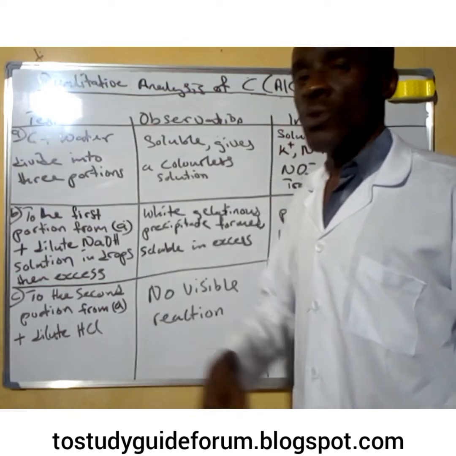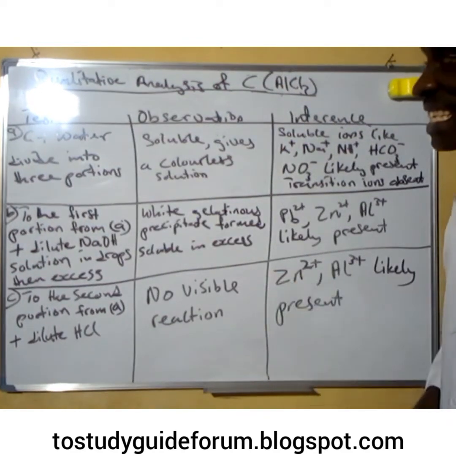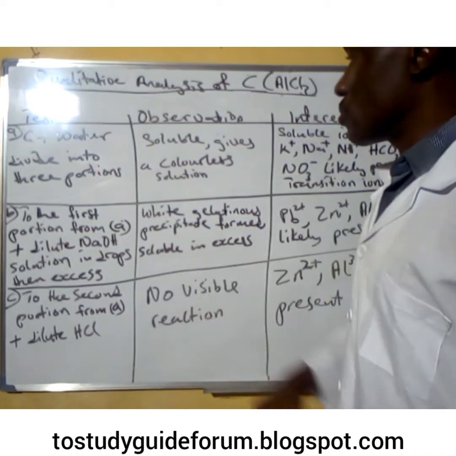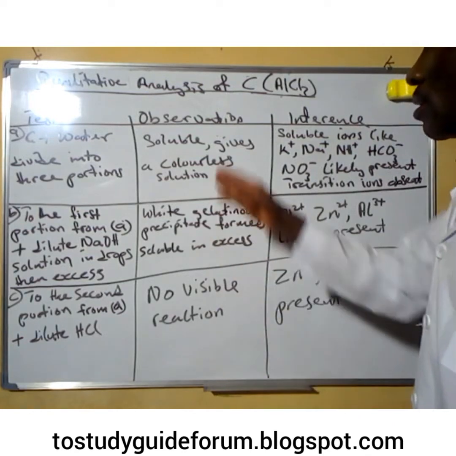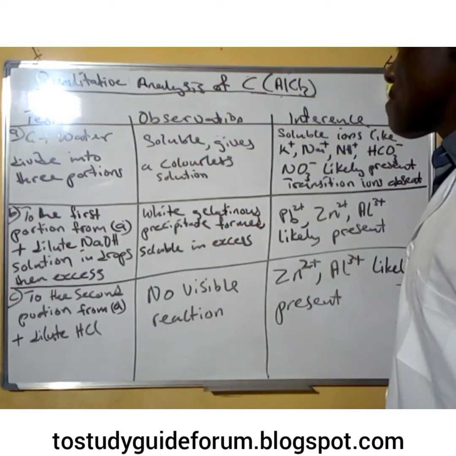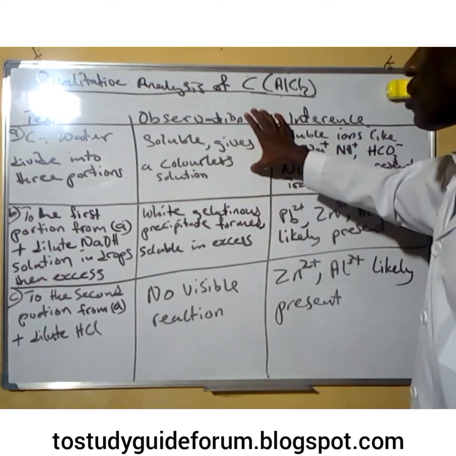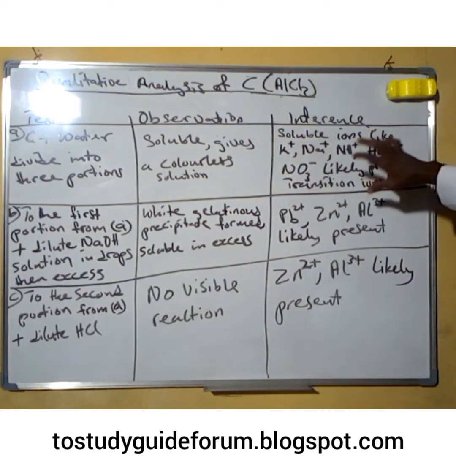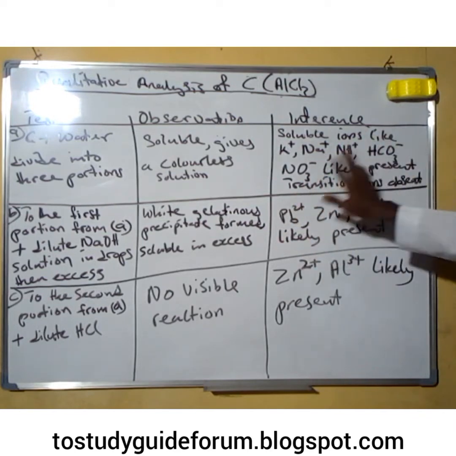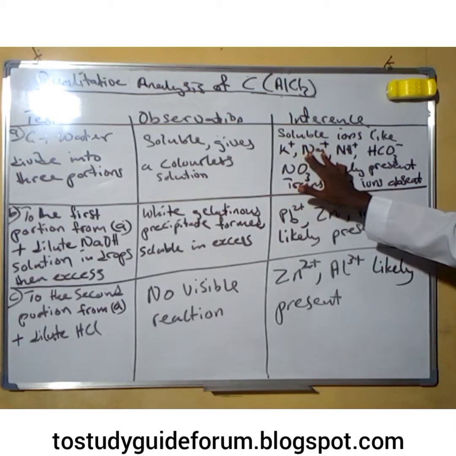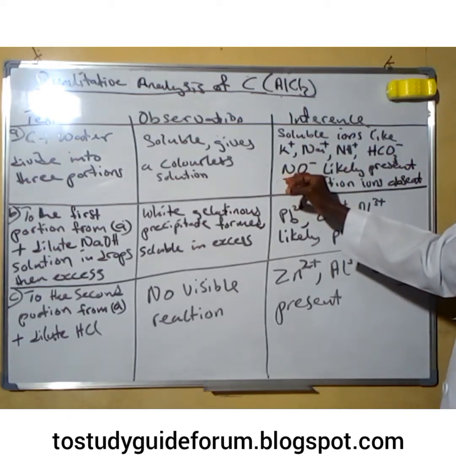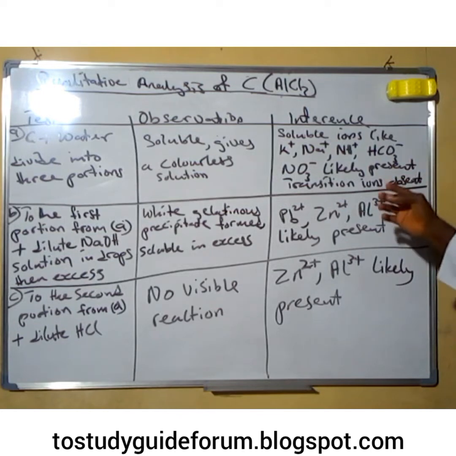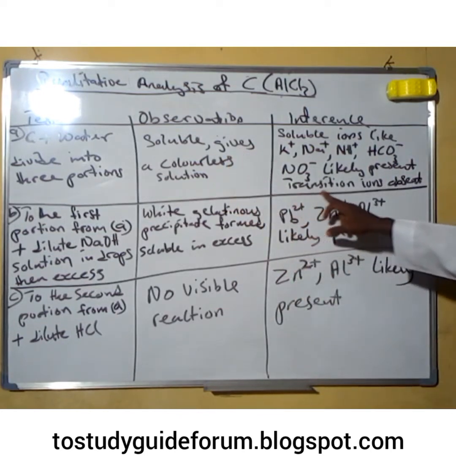We add water to the C compound, the compound that we tag C, and divide it into three portions. When water is added, we notice that the compound is soluble in water, and it gives a colorless solution. Because of this observation, it simply means that soluble ions are likely present. Ions like potassium ion, sodium ion, aluminium ion, hydrogen carbonate ion, and nitrate ions are likely to be present. And because it's colorless, it means that transition ions